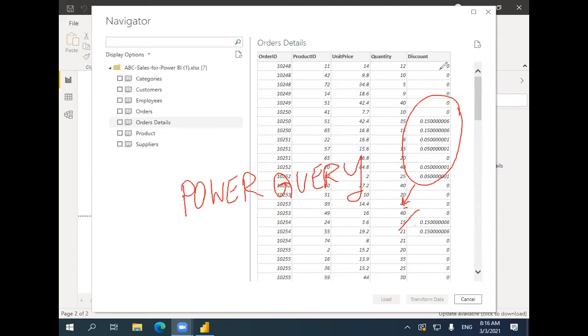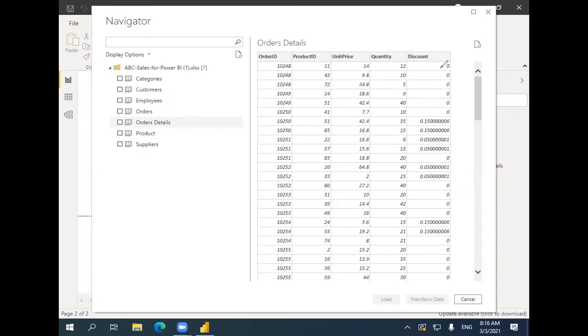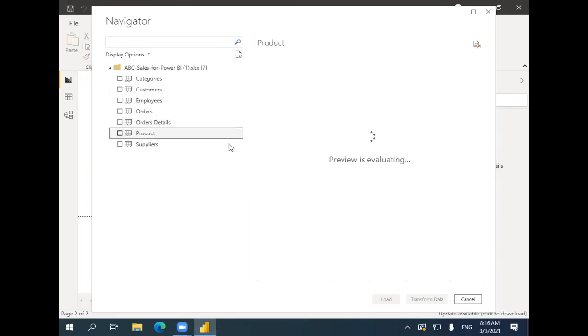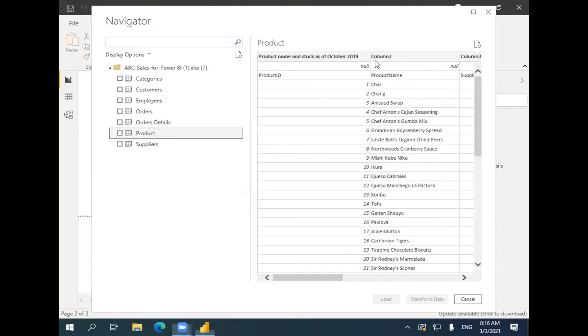Okay, so after we get this kind of data into Power BI already, you might see that some of the data you try to get into Power BI might not match what we want. For example, you can see in here, if you have a look at the product worksheet, in Power BI we will call it a table. We will not call it a worksheet anymore,